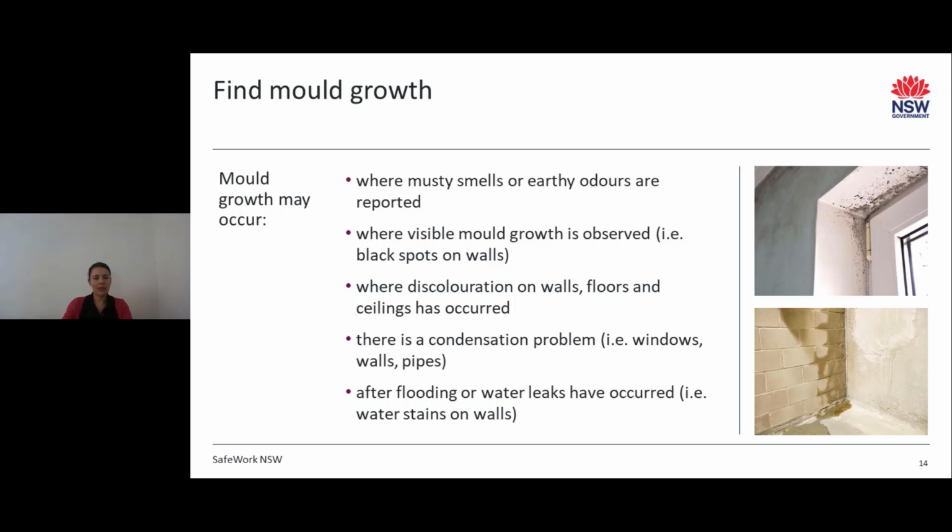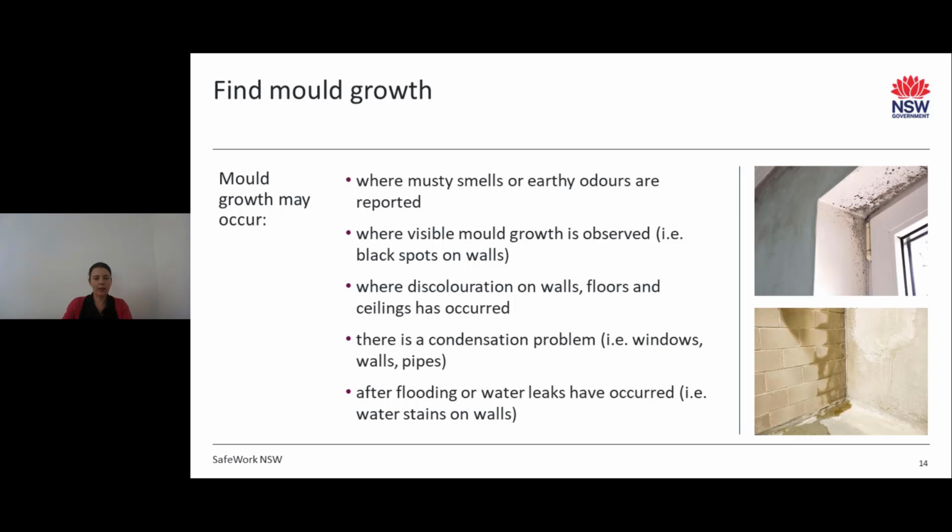Where mould is identified in a building, determine the size and extent of the mould damage as well as the source of the moisture or water problem that allowed the mould to grow, as this will need to be rectified. If the source of the mould growth is unclear and people are at risk of health problems, specialist advice may be required to conduct sampling of the mould-affected area by a competent person, such as an occupational hygienist, with the